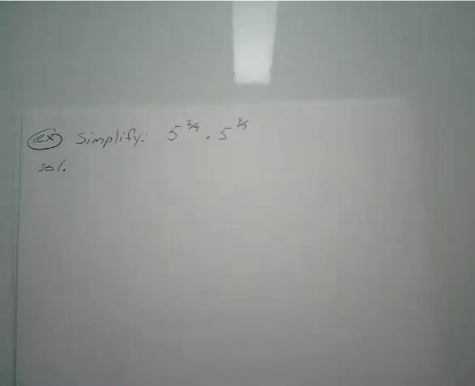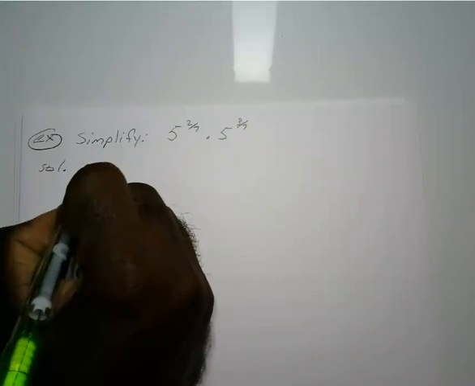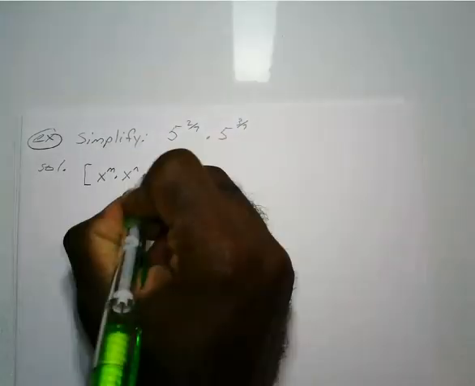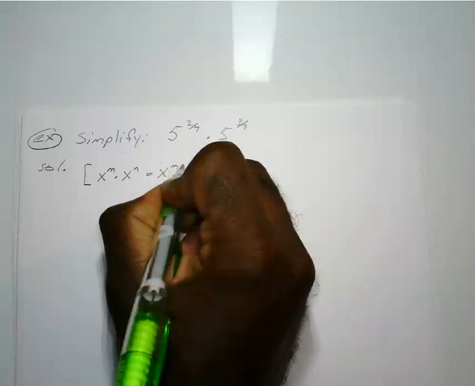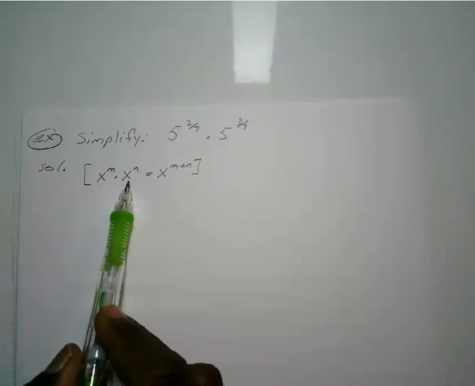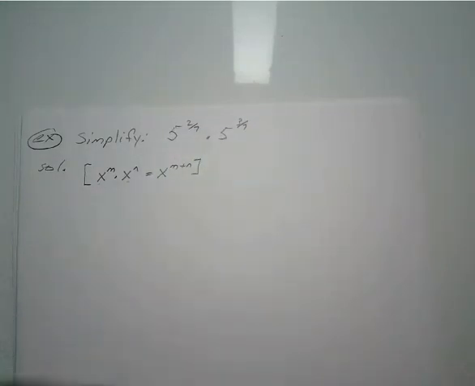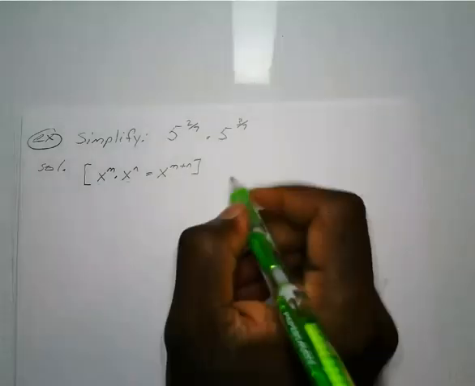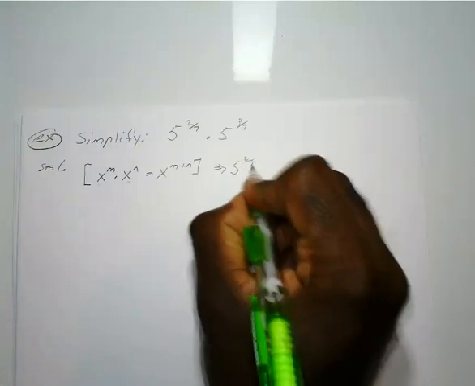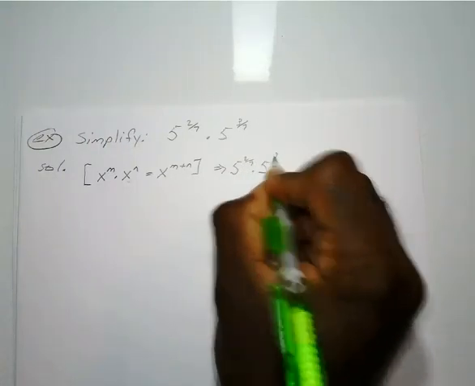So we can go ahead and just do step 2, which is really simplifying the expression by combining those two terms. Now, if you remember, I'll put this in little brackets here: x to the power of m times x to the power of n equals x to the m plus n. Remember your product rule for exponents? That's how it would apply. As long as your bases are the same, you can just add your exponents. So since both have a base of 5, 5 to the 2/7 power times 5 to the 3/7 power